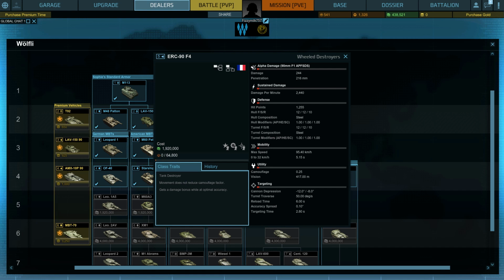With its gun, though, the 90mm F1, firing its stock rounds do 244 damage with 216 pen. Now, that's always been a problem I've seen on these wheeled tank destroyers. Their penetration is always quite low. I haven't actually looked at the upgraded rounds yet, but the actual targeting as well, moving that gun onto the target, is very good. The accuracy spread of just